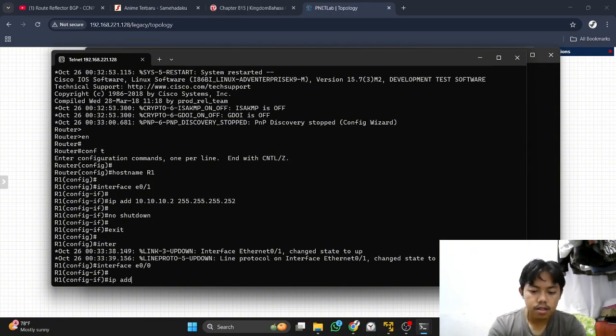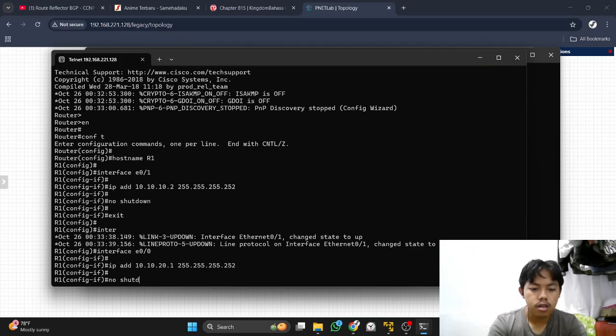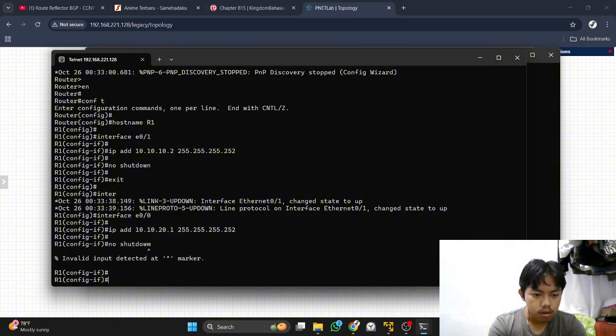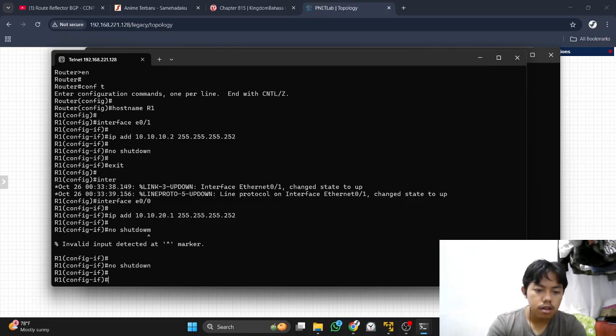We go to the other interface, and the IP address is 10.10.20.1, and the subnet. Enter, no shutdown.